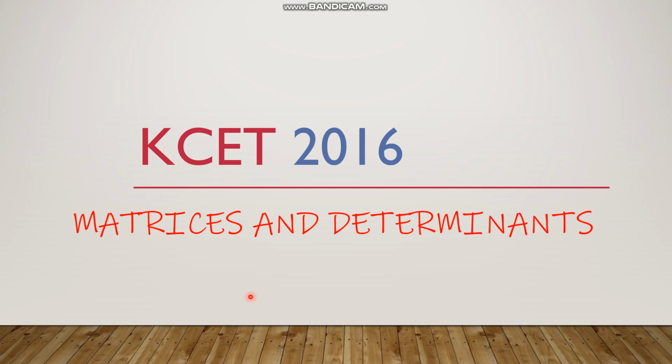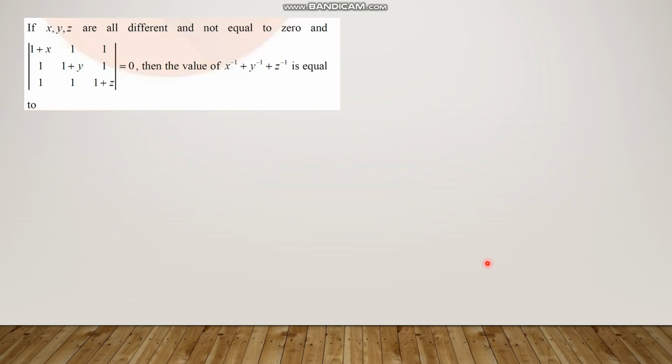Hello everyone. In this video, we are going to discuss the questions and answers of CET 2016 from the chapter Matrices and Determinants. So let's get started with the first question, which says, if x, y, z are all different